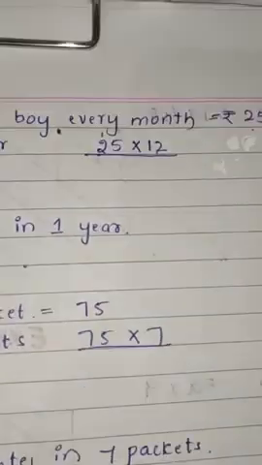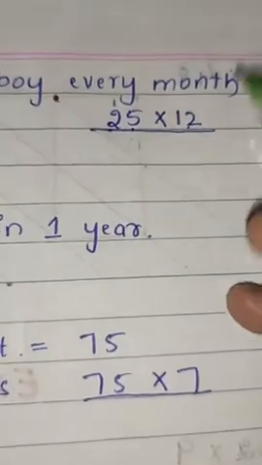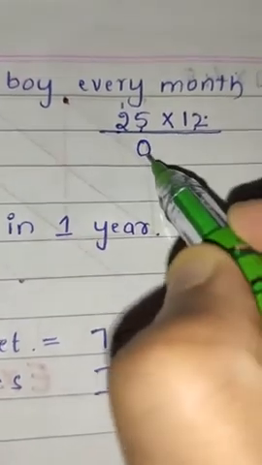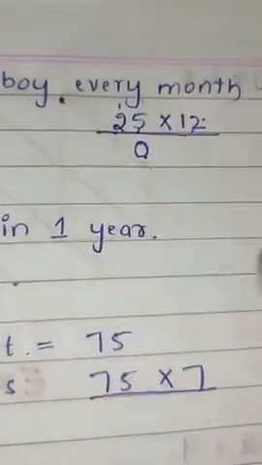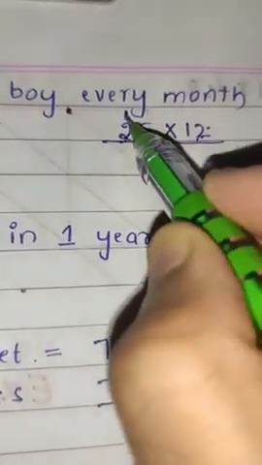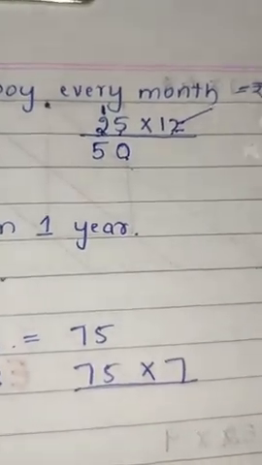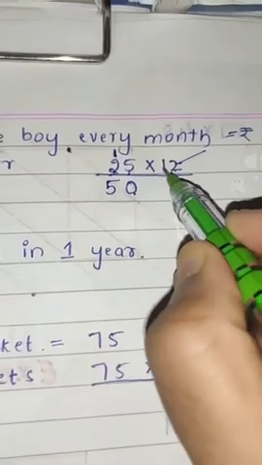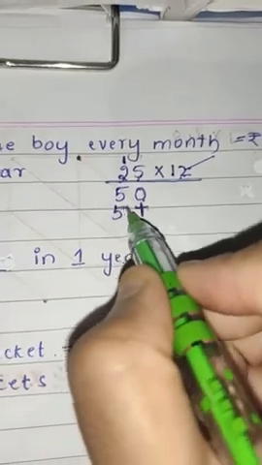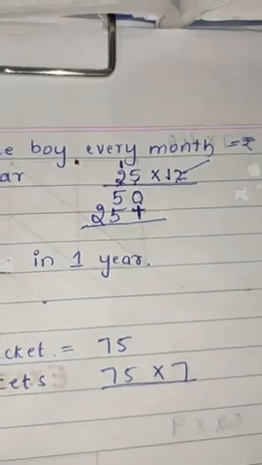Now, let's start multiplying the numbers. You know that we always have to start multiplying from the unit place. So here 2 5s are 10, right? So 0 we'll write here and 1 will carry over to the next place. Now 2 2s are 4. 4 plus 1 is 5. Right, so we're done with the first digit. Now come to the second digit, which is in the 10th place. So here we have to put the plus. Now 1 5 is 5. 1 2 is 2. Understood. Now let's add it.